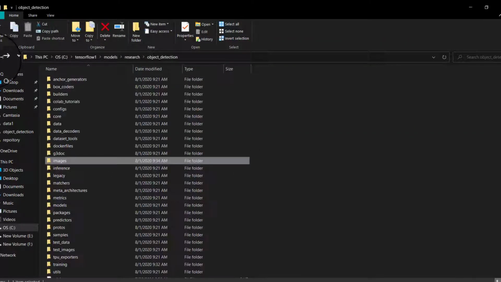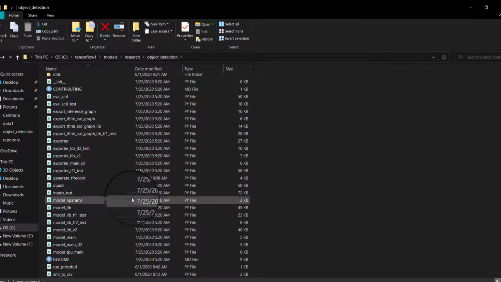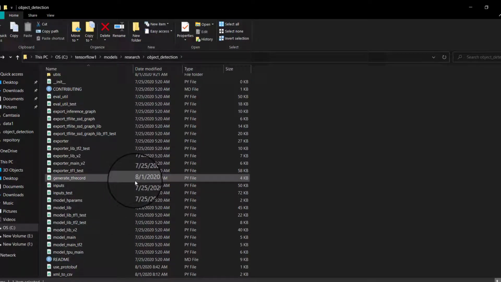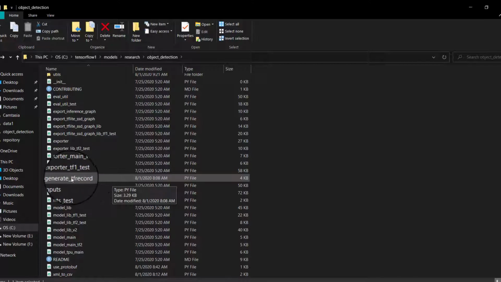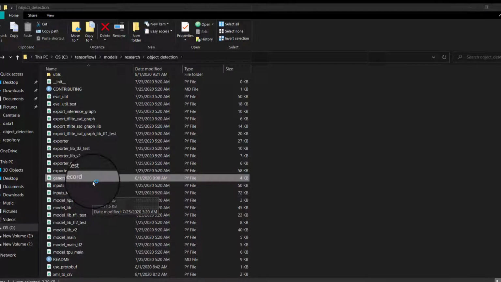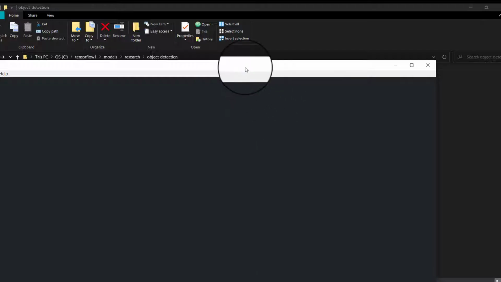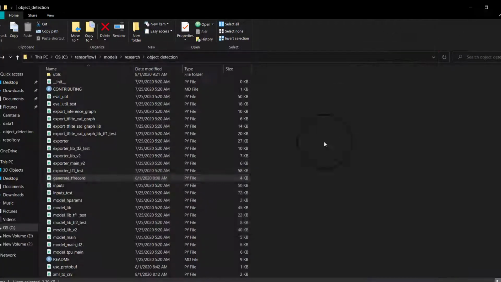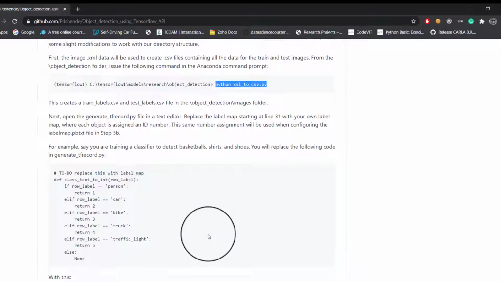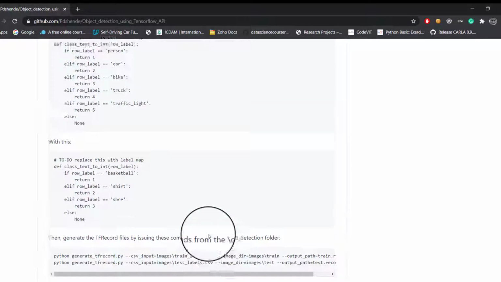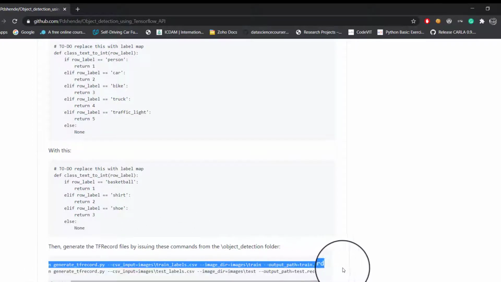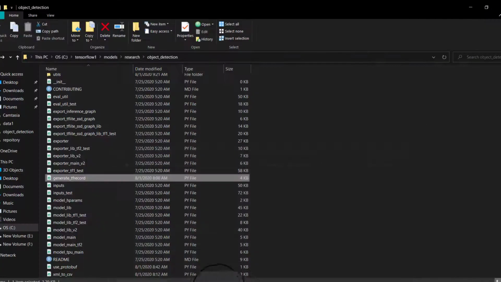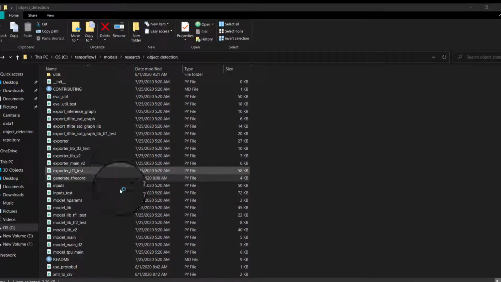Now after creating the CSV file, we have to generate the test and train .record files. To generate those files you have to run this generate_tfrecord file. To run this file, you have to go here and copy this command, the first one. But before running, you have to open this file,